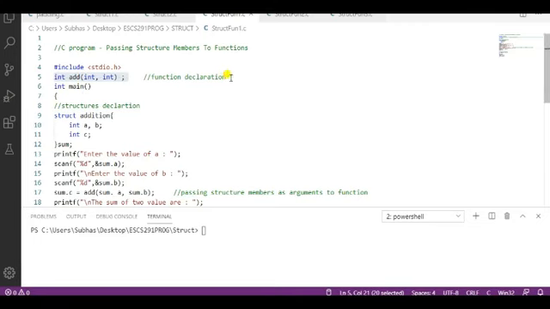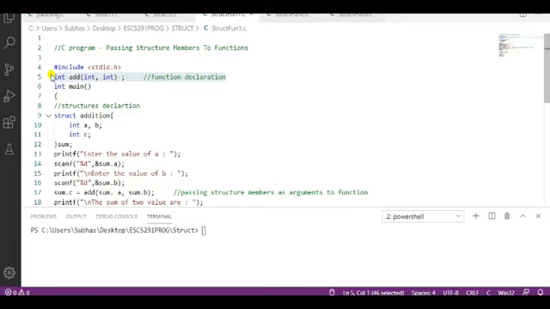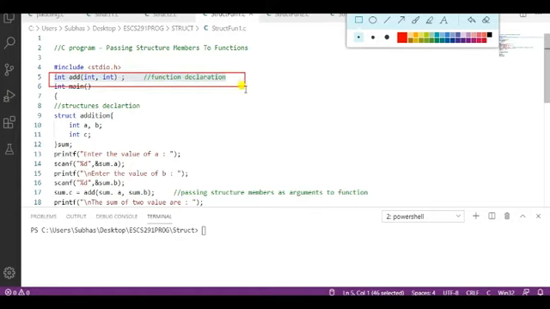This is the function declaration, that is the prototype of this function: int add, and it takes two arguments, the first an integer and the second also an integer.